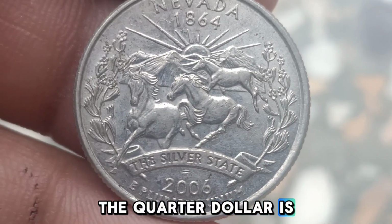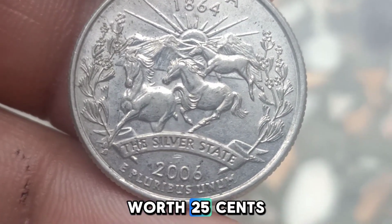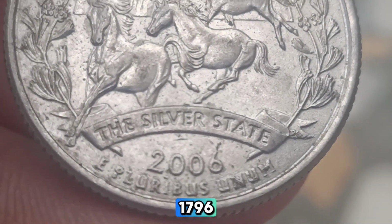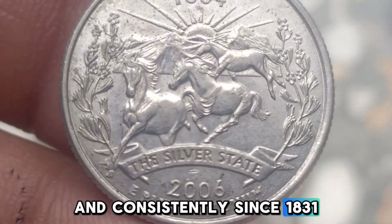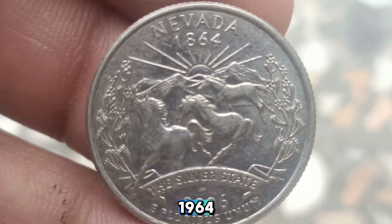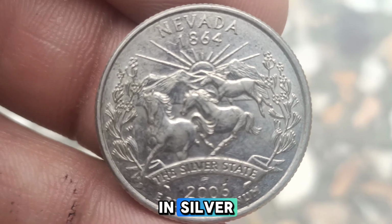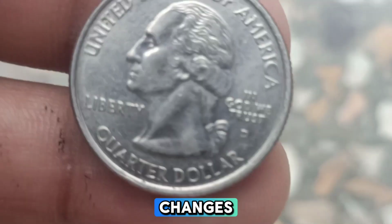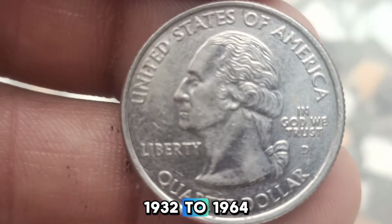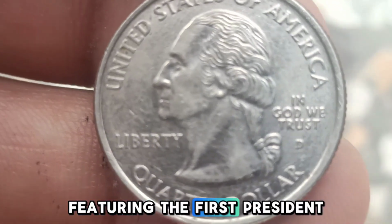The quarter dollar is a United States coin worth 25 cents. It has been produced on and off since 1796 and consistently since 1831. From its inception until 1964, the denomination was issued in silver. It underwent several design changes, including finally the silver Washington quarter, 1932 to 1964, featuring the first president of the